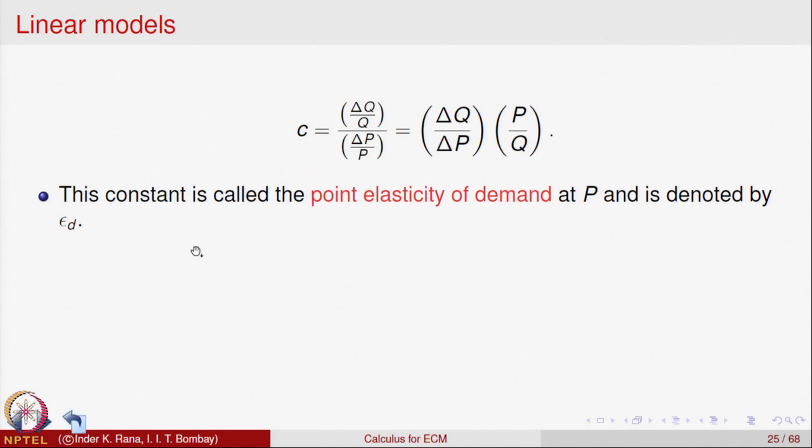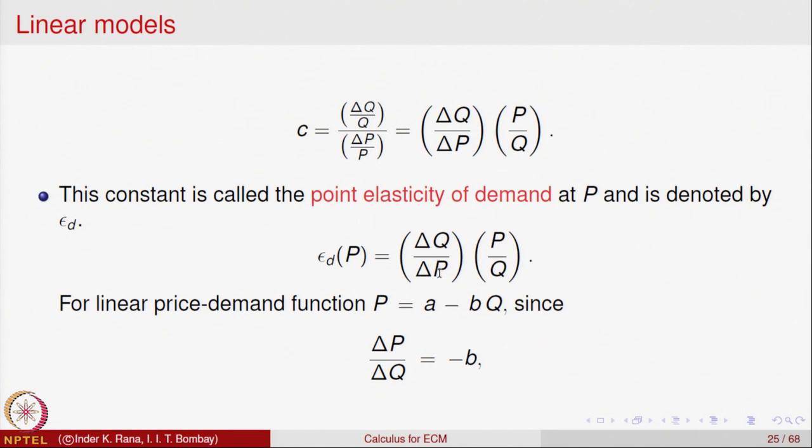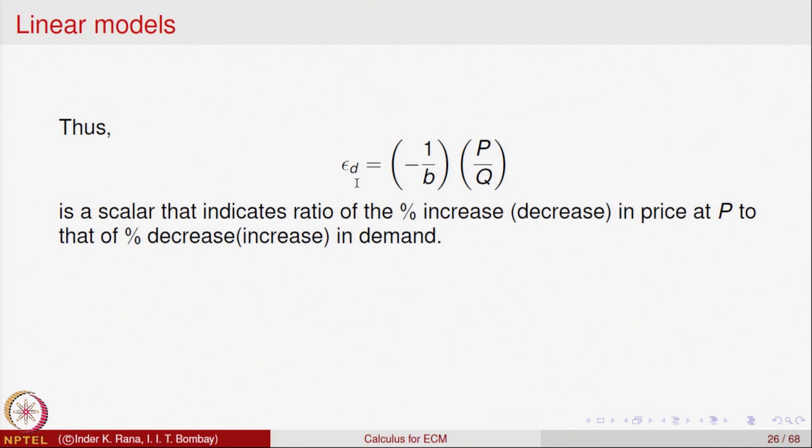So, there is a price elasticity of demand defined by delta q by delta p into p by q. So, for a linear function, if the price demand function looks like p is equal to a minus b q, that is the price demand function, then we know that delta p by delta q is nothing but minus b, that is the slope actually. So, that gives, for a linear function, the coefficient of elasticity is nothing but minus 1 over b, p by q, which is a scalar that indicates the ratio of percentage increase or decrease in price at price p,